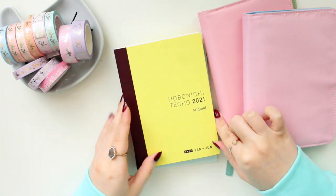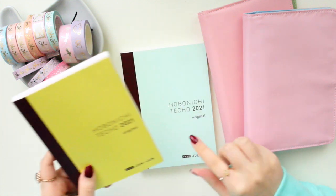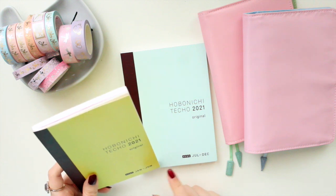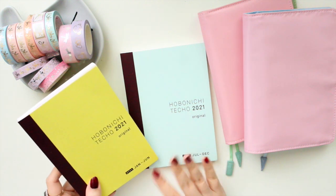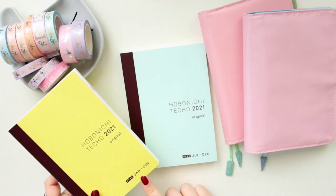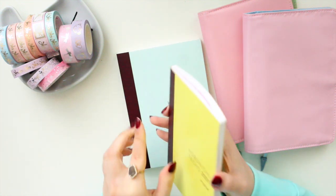In today's video, I'm going to be setting up my A6 Hobonichi. So this is the Hobonichi Techo in the original, and I have the Avec version. The Avec just means that you have the year split into two books. Here you can see that this one goes from January to June and this one is July to December,